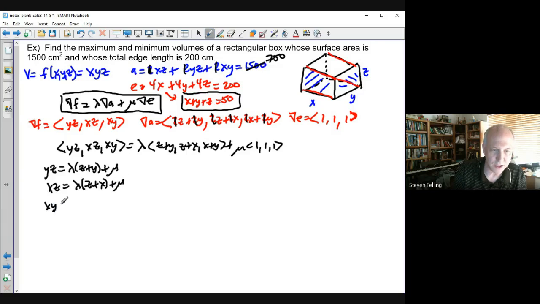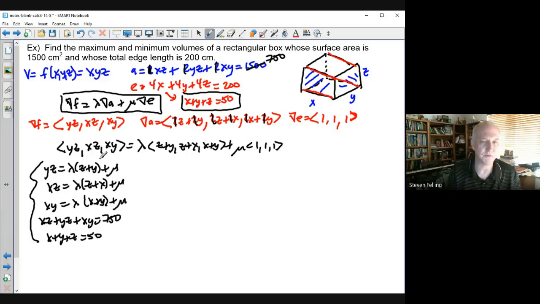And xy has to equal lambda times x plus y plus mu, plus the 2 constraint equations. So I would have xz plus yz plus xy must be 750, and x plus y plus z must be 50. That's a system with 5 unknowns, but we have 5 equations, so there should be